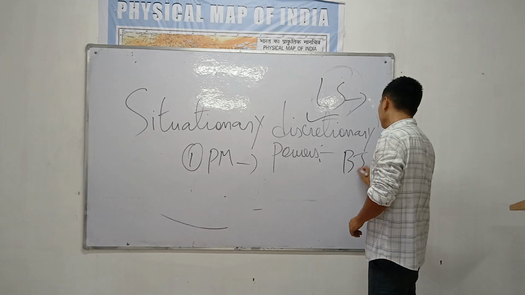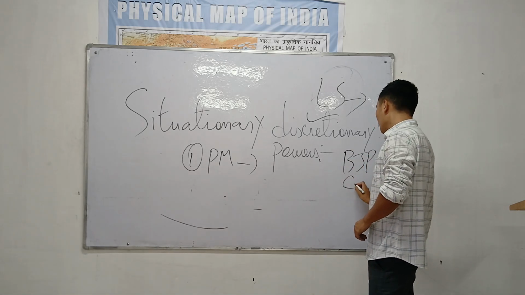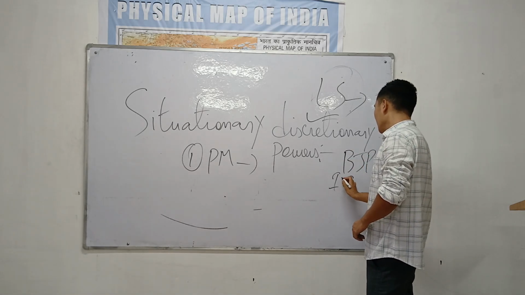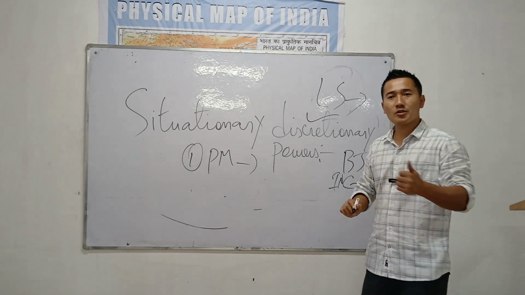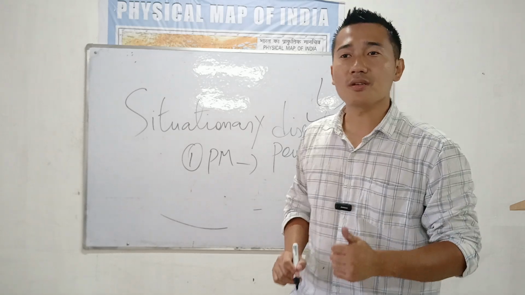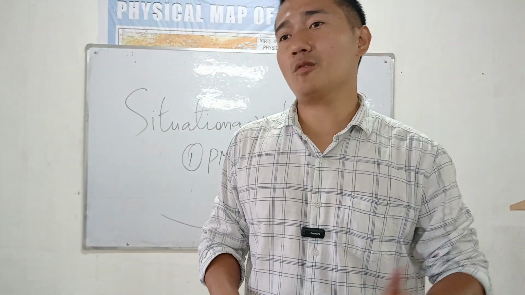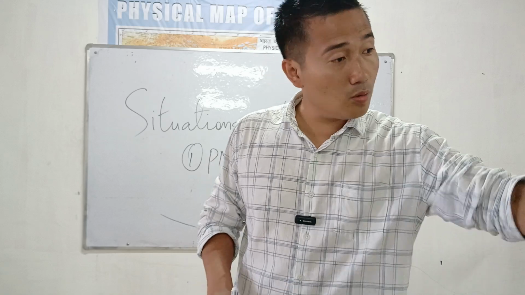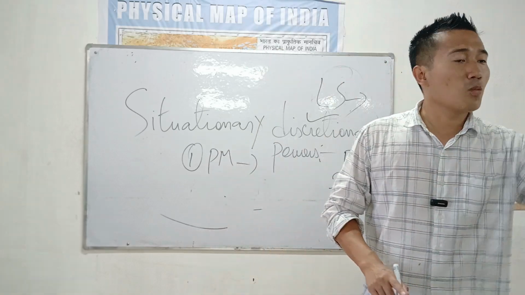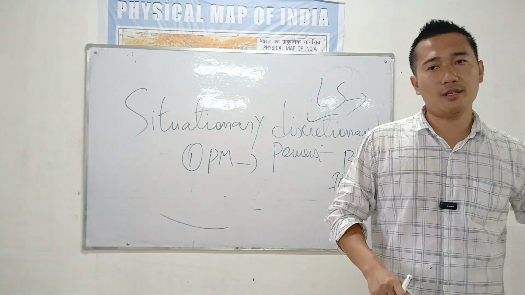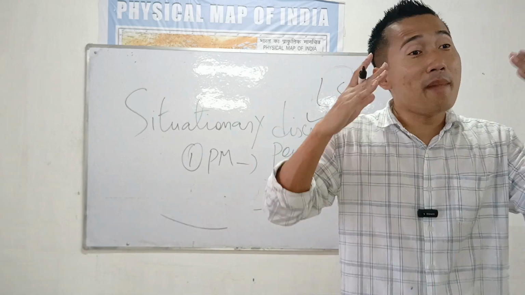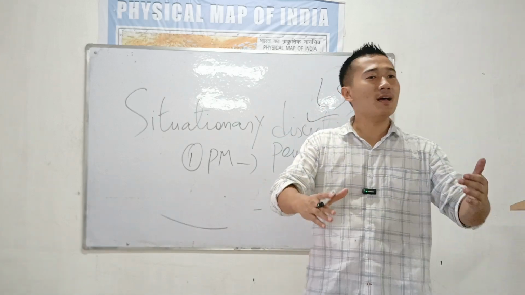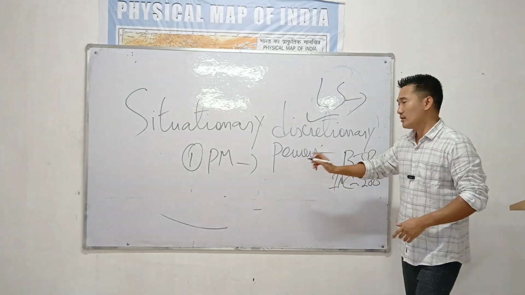Okay, BJP and Congress, Indian National Congress. Congress got 200, BJP got 200. The election is drawn, but we need a Prime Minister. In this condition, the President will choose anyone, either BJP or Congress. Absolute power. I appoint you as Prime Minister. Within a month, you have to prove the majority. So it is an absolute power, when no political party gets a majority after the Lok Sabha elections. Absolute power.